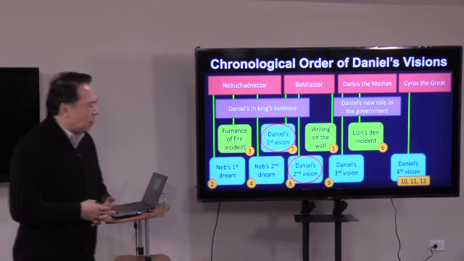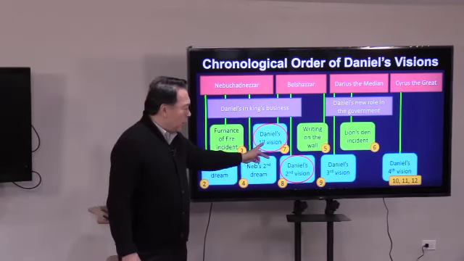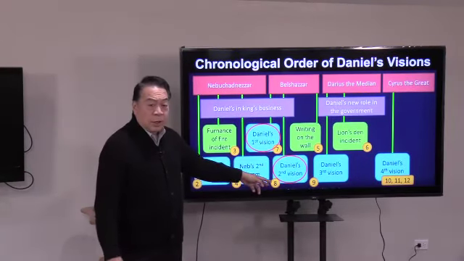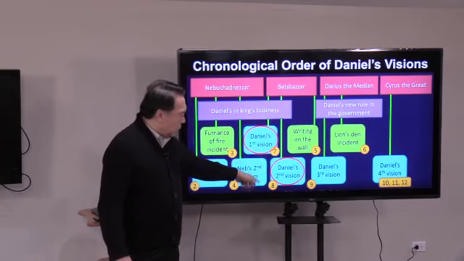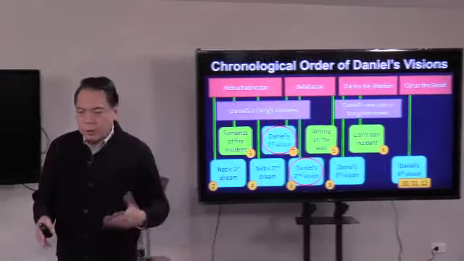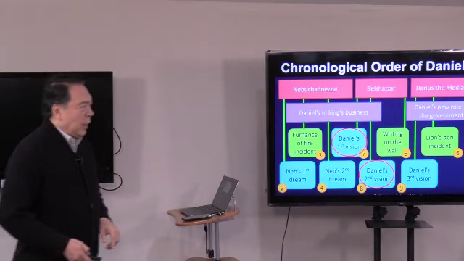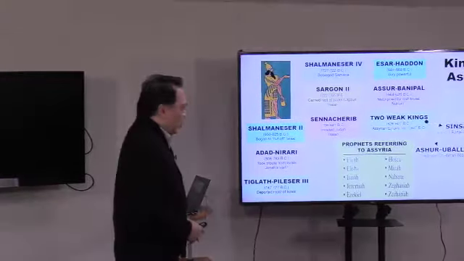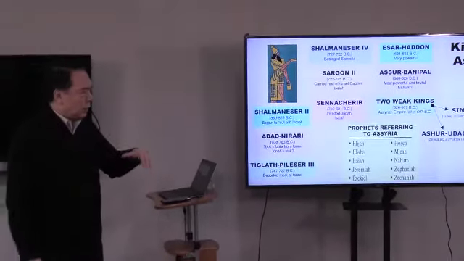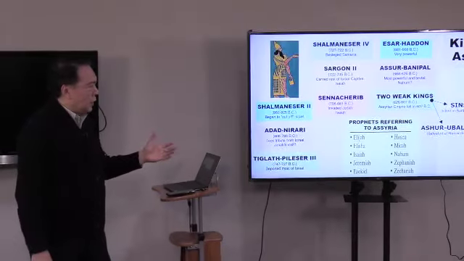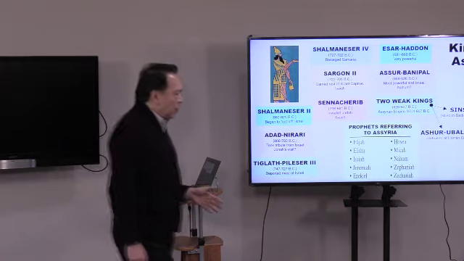King Belshazzar is mentioned in chapter 7 and chapter 8 of Daniel, okay? But he doesn't go into his destruction and his fall until chapter 5. So you see the 7 and 8, 5 is the reverse. So, and there's a reason for that. And we will review that before we go into the actual lesson for next week. Now, this is a graphics that I gave when we first looked at the introduction of Daniel, but this will help us understand the background of the story of King Belshazzar.